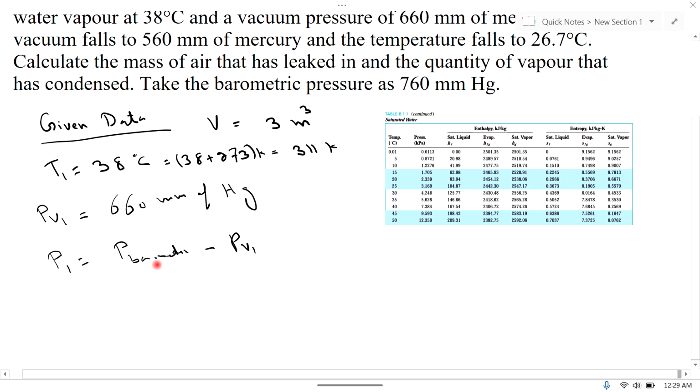Barometric pressure is given to us as 760 millimeter of Hg. So P1 is equal to 760 millimeter of Hg minus 660 millimeter of Hg, which is equal to 100 millimeter of Hg, and